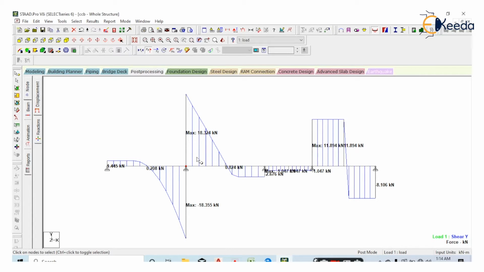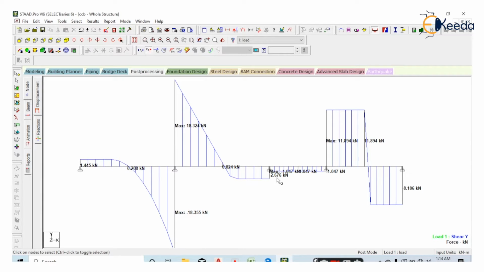Like that, in second beam, there is a maximum shear force at the first end of 18.324 kilonewton. At the mid of the beam, there is a shear force of 0.824 kilonewton. The last end of the beam, there is a shear force of minus